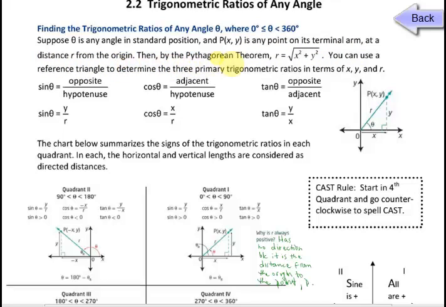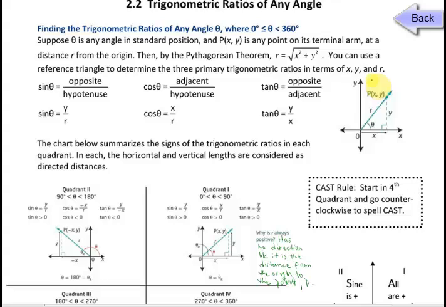Then, by the Pythagorean theorem, r is equal to the square root of x squared plus y squared. You can use a reference triangle to determine the three primary trigonometric ratios in terms of x, y, and r. Keeping in mind that sine theta is opposite over hypotenuse, cos theta is adjacent over hypotenuse, tan theta is opposite over adjacent. Alright, so let's take a look at our reference triangle, which is over here on the